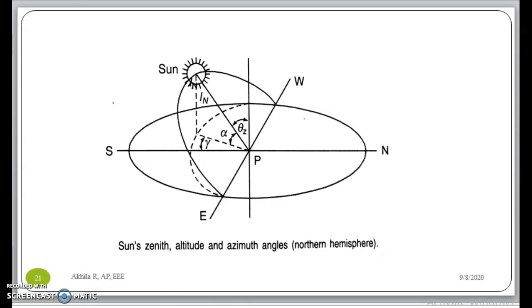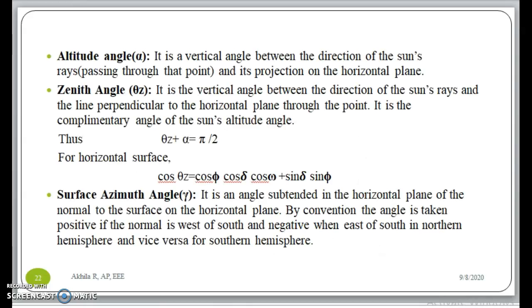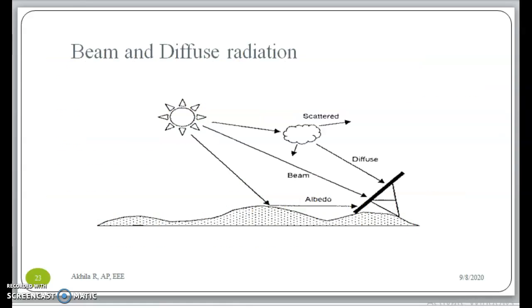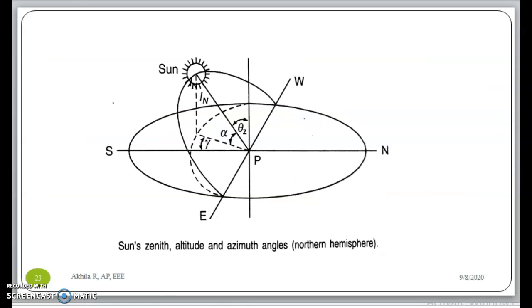So see the theta Z where it is being placed between the zenith and the sun's rays. So that is what has been explained here. Angle between the direction of sun rays and the line perpendicular to the horizontal plane. So theta Z plus alpha gives you pi by 2. See the diagram. Theta Z plus alpha gives you pi by 2. And that is again explained in terms of